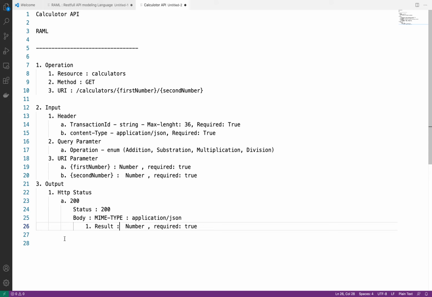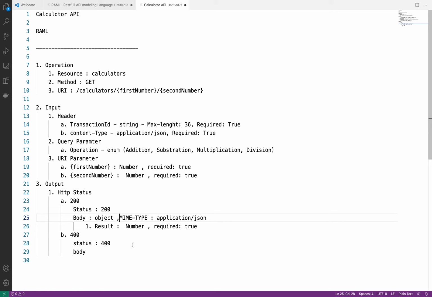So we can have multiple HTTP statuses. For example, we are getting 400 bad request. So in case of bad request, what will be my status? 400. Okay, what will be my body? Body, again it will be, okay, one thing I forgot to mention here, object and MIME type.